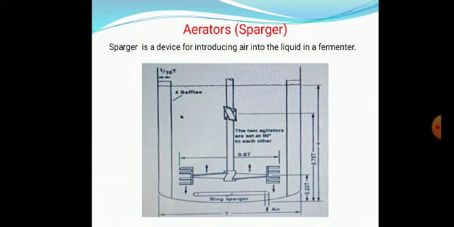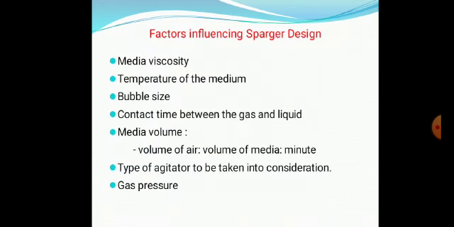You can see that there are some calculations. They don't simply place things. There is a rule that the agitator should cover half of the inside diameter of the fermenter, and the blade should be placed at a distance of 3/4 of the height of the fermenter. So all those calculations have to be taken into consideration for placing the agitator and aerators.